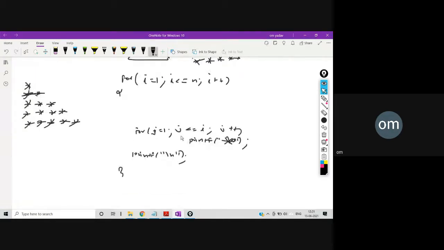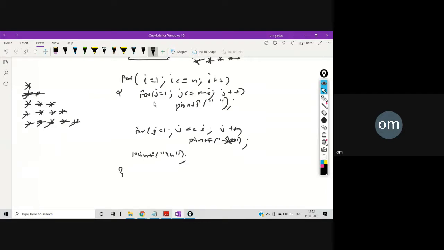So you can write here: for j is equal to 1, j is less than equal to n minus i, j plus plus, printf one blank space you can just print. So I told you, if we go and execute this particular loop, the first time i value is 1.